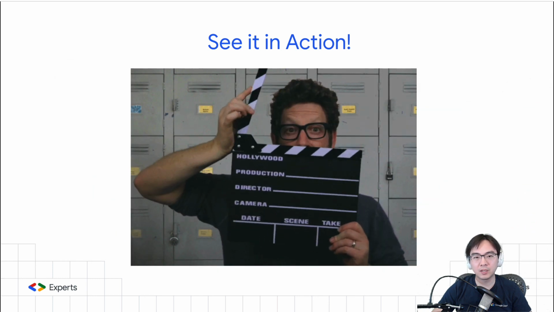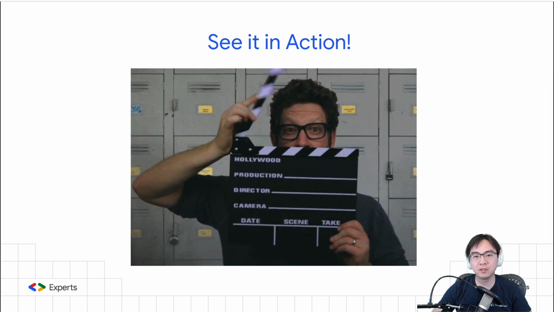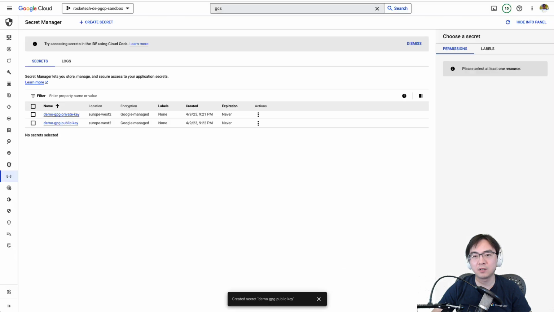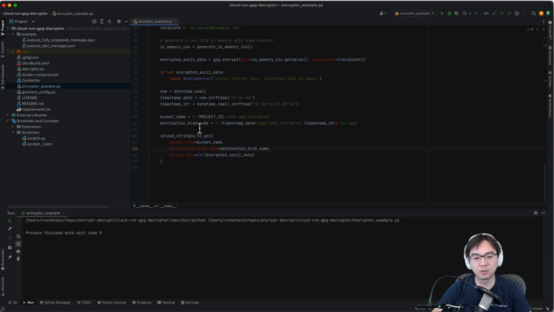So let's have a look at the Secret Manager first. I just want to show you that we've got a private key and a public key. So this is where they're coming from. I've already stored them. In order to make this work, first of all, I will need to run the encryptor example, right? So this one, if I run it,